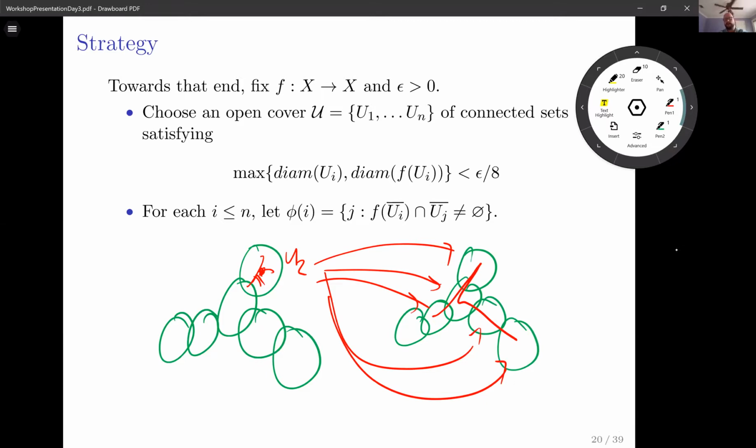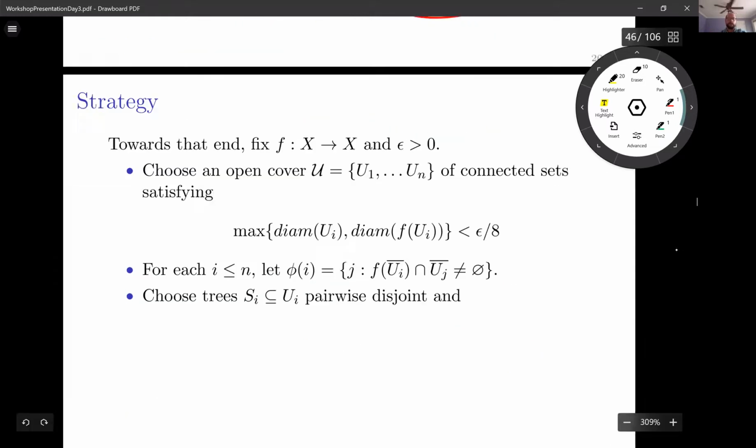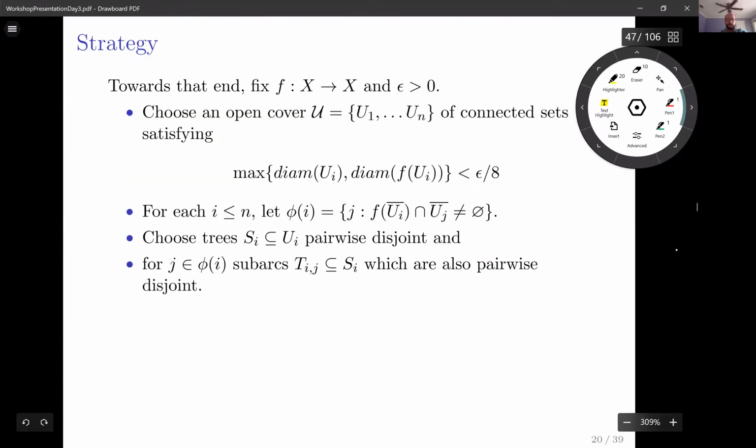We throw closures on there to deal with some edge cases. So phi of I is the set of all indices J such that the image of U_I closure meets U_J closure. Now, from there, we'd like to